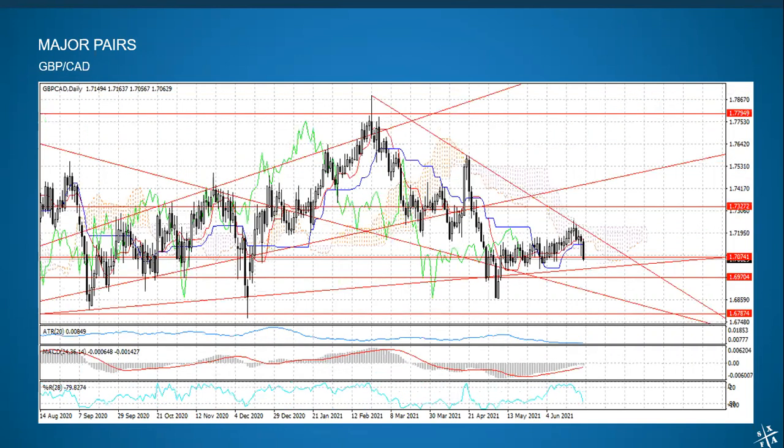Pound Canadian was dropping all week, so Canadian strength against the pound. This is one of those pairs where we had the pound retrace, hitting the resistance of that outer trend line and testing the next level of horizontal support. It's still underneath the shadow of the Kumo, the Ichimoku cloud. And while I still think this one is going to have a good chance to be traded up, and we did trade it up and take profit on two